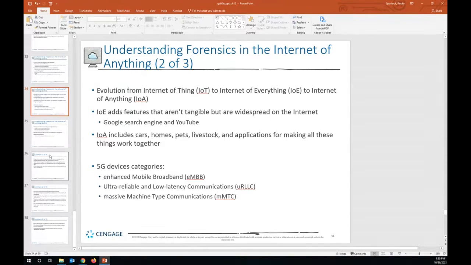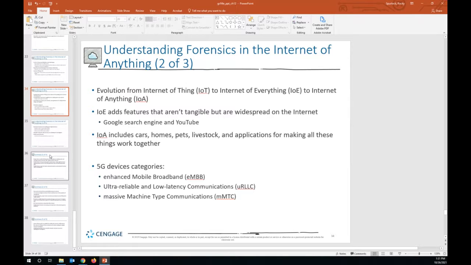So we move to the Internet of Anything. That includes our cars, our homes, our pets, any kind of application that makes all of these live together. This also includes 5G smart devices and 5G mobile networks as they're gaining momentum.